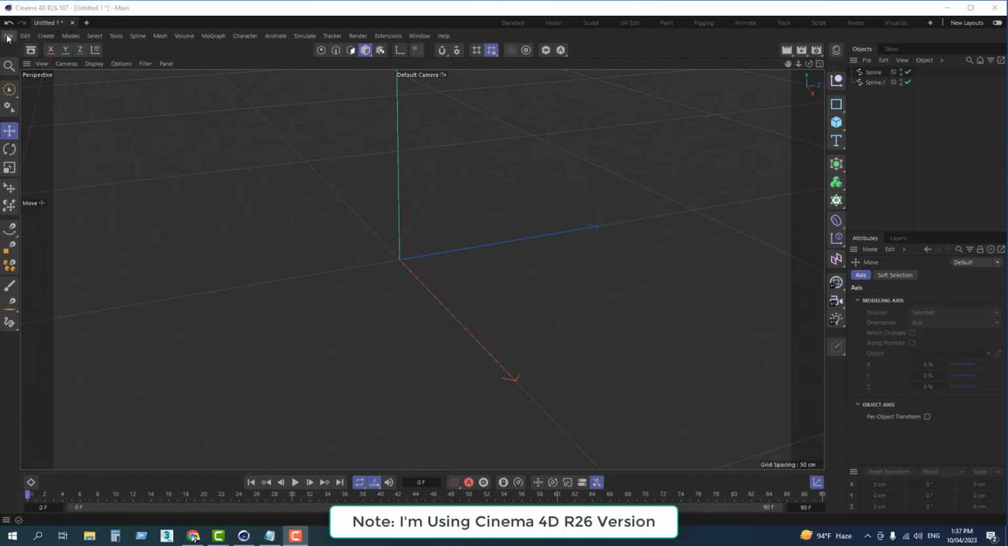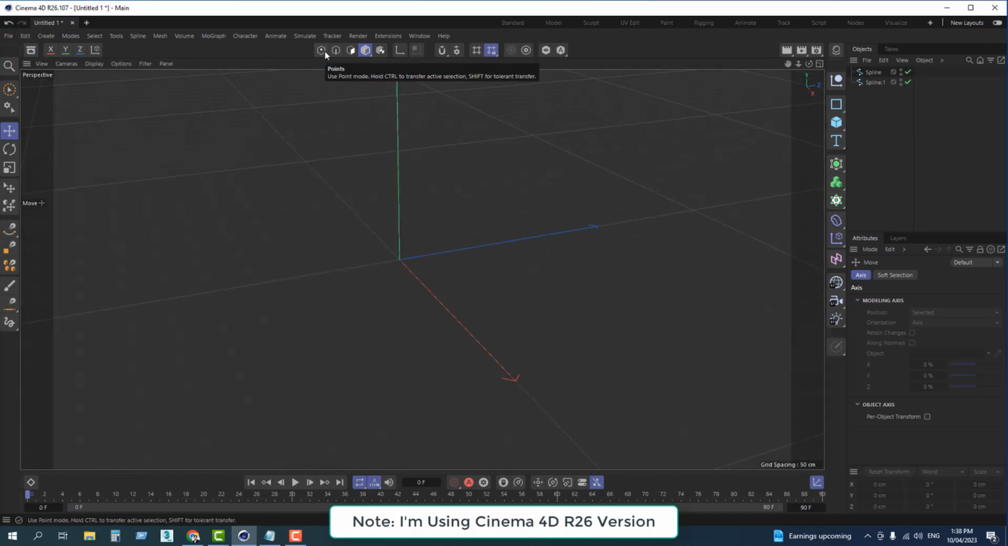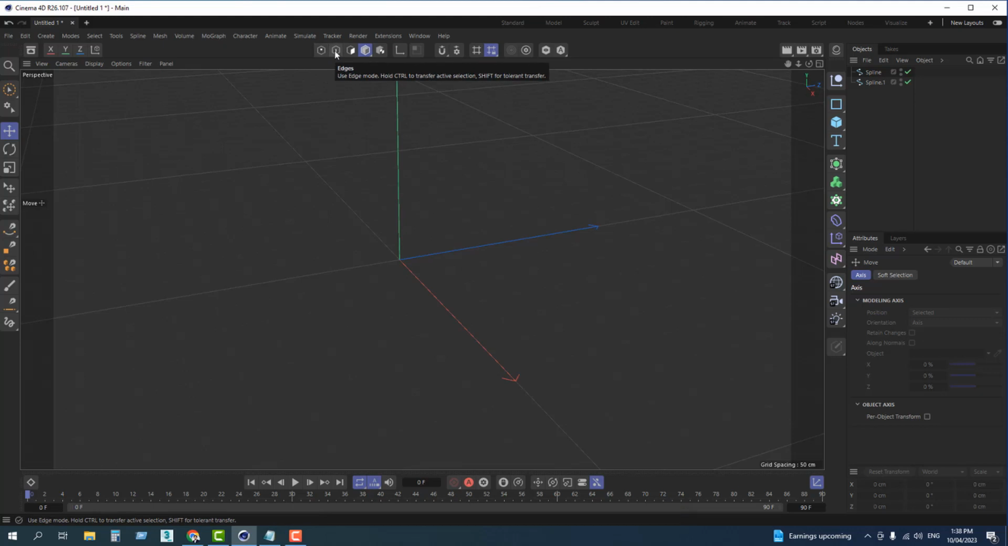As you can see, there is a menu bar, which consists of different kinds of menus, and at the bottom of the menu, as you can see here, is axis, asset browser, and there is object mode, which consists of points, edge, polygons, and texture, and there is render view, render setting,